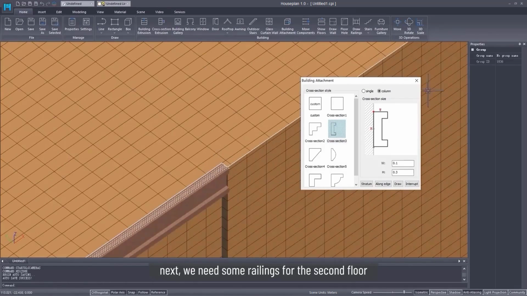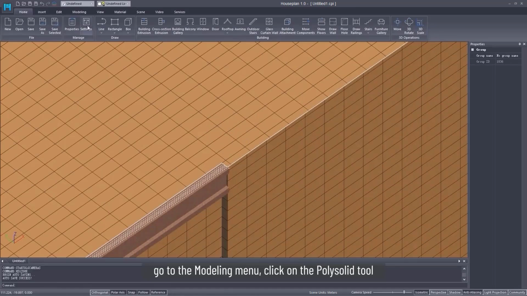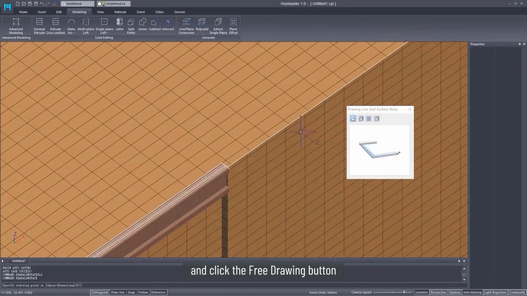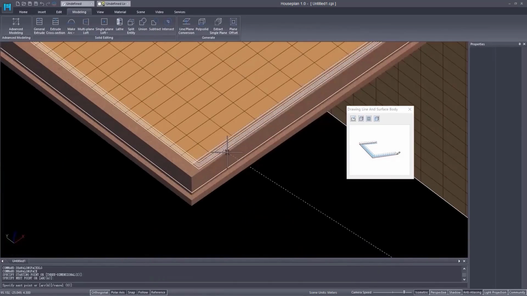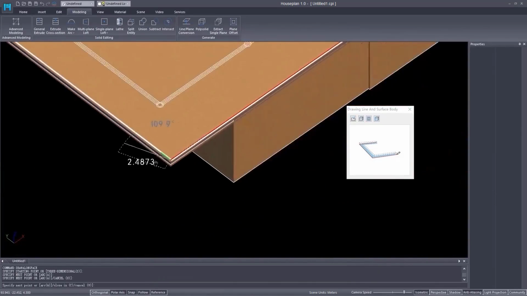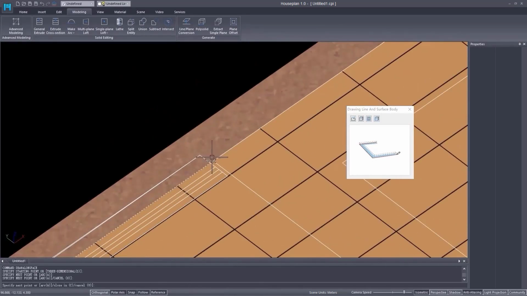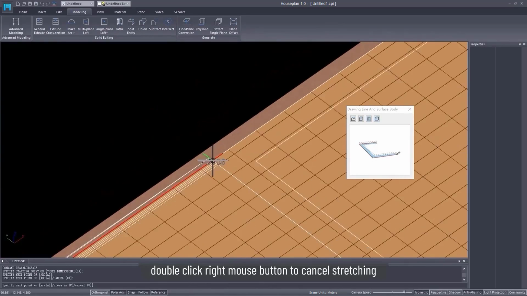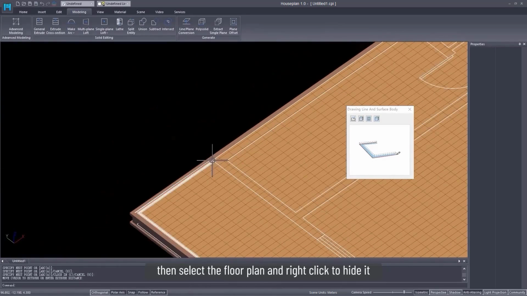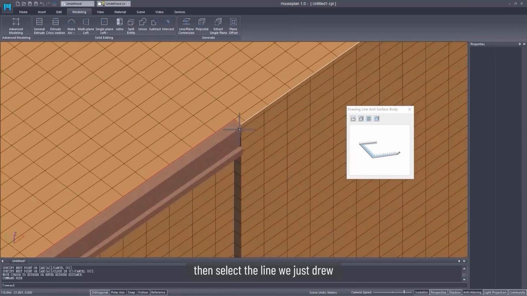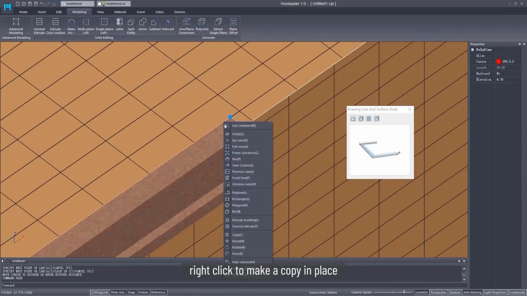Next, we need some railings for the second floor. Go to the Modeling menu, click on the Polysolid tool, and click the Free Drawing button and start drawing reference lines for the railings. Double-click the right mouse button to cancel stretching, then select the floor plan and right-click to hide it. Then select the line we just drew, right-click to make a copy in place,